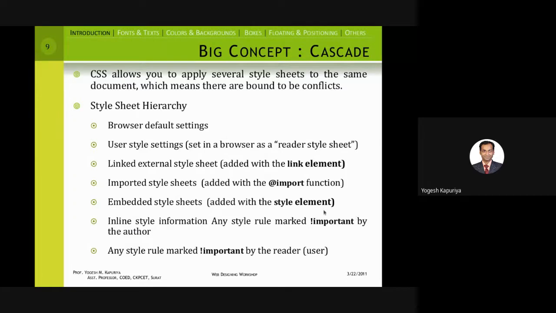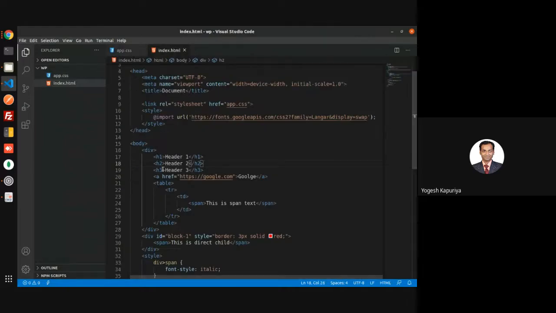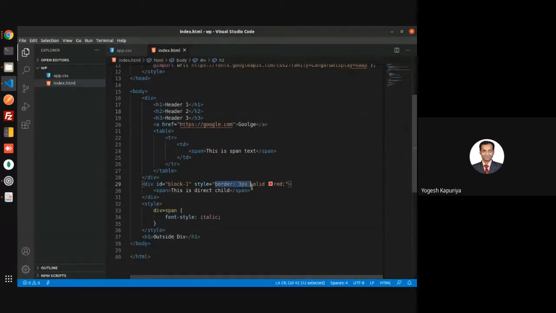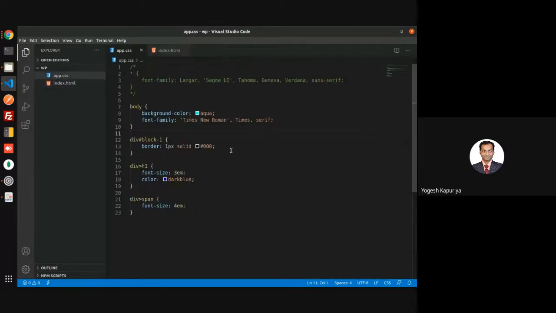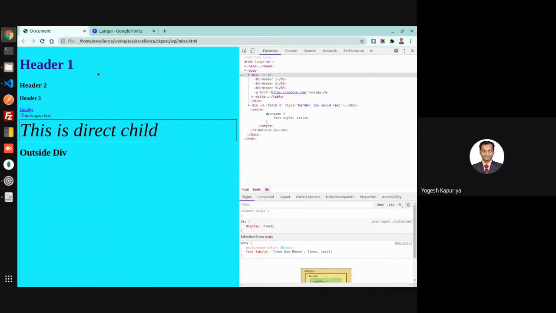Sometimes you want to overrule some style at any point of time. Like we have said that border has to be red, it is mentioned in inline style, but I want to overrule it, and in any case I want to make sure that the border should remain black.